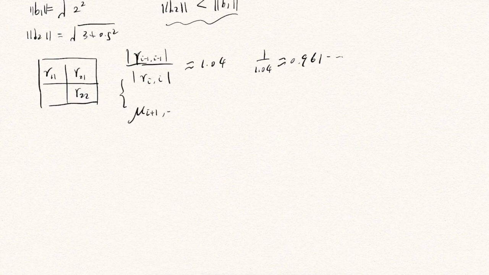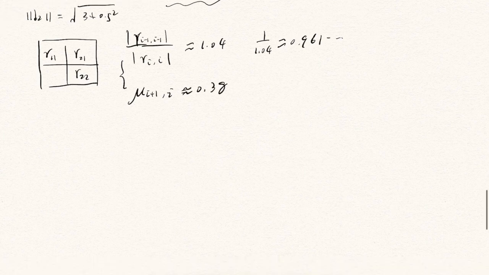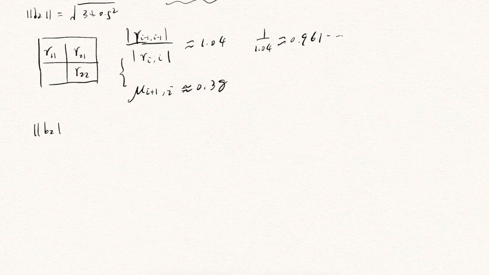And this is roughly 0.38 in experiments. So we know B2 square, which equals R22 square plus R21 square, is roughly, using this one, roughly 0.96